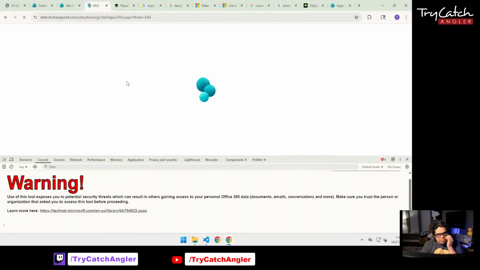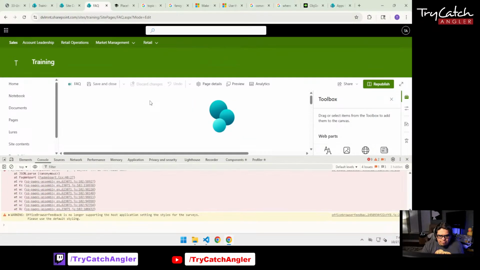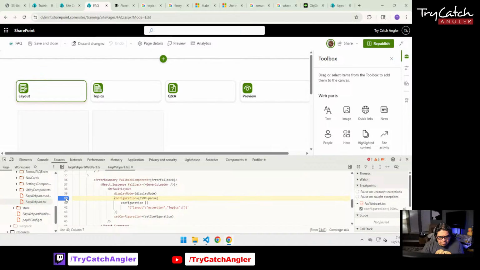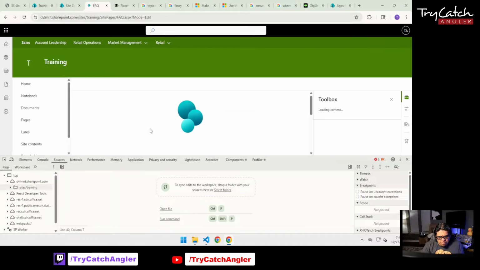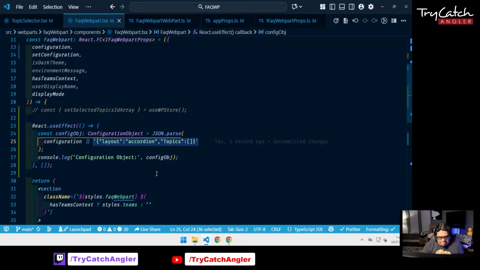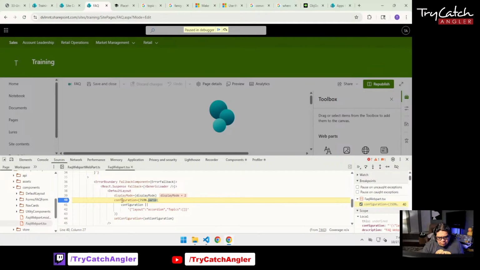I think it's because, yeah, I'm still getting the same error right here. Because it's getting the configuration, and the configuration is this. Right? Oh, I see the error now. This has,